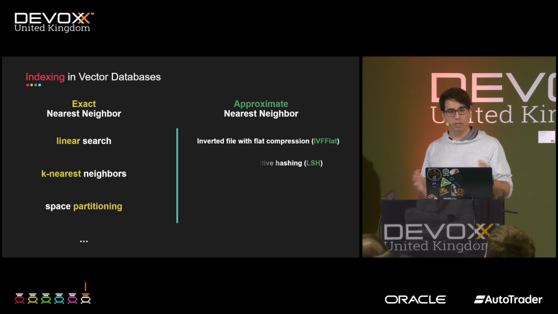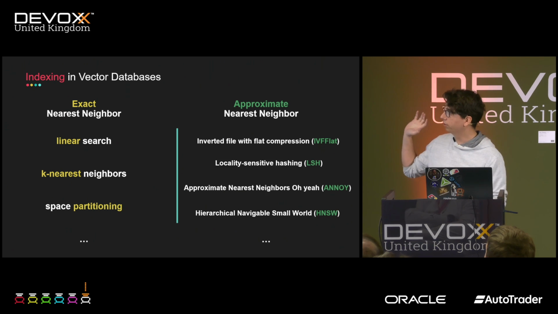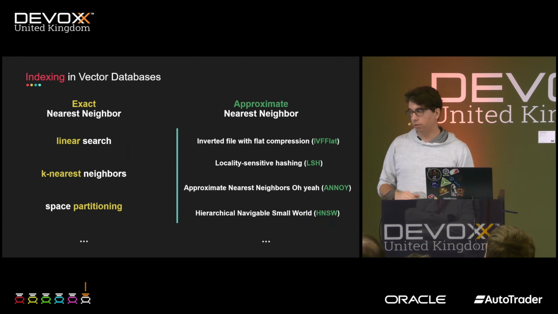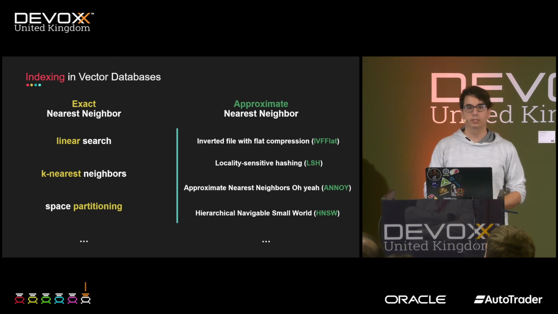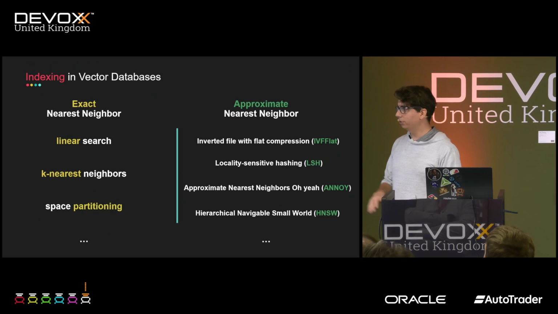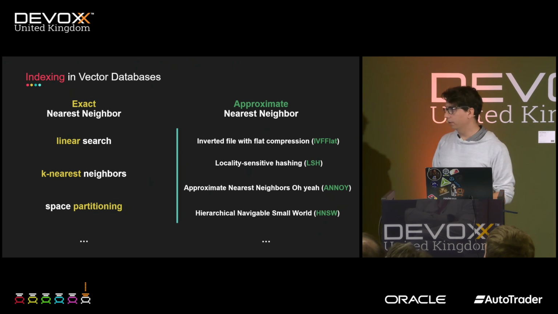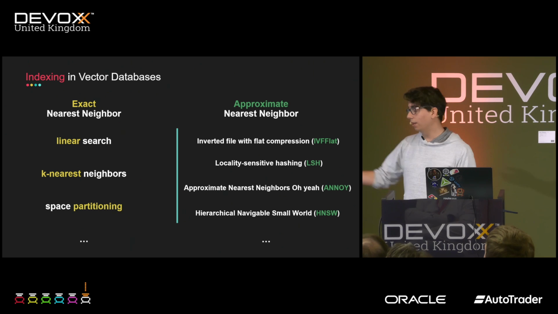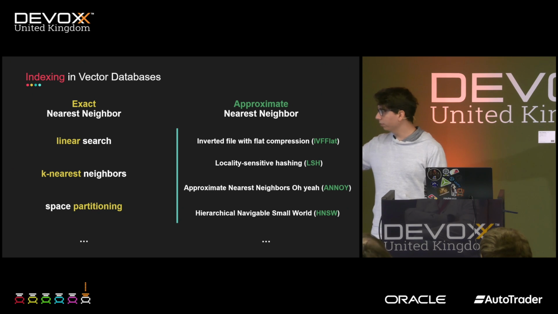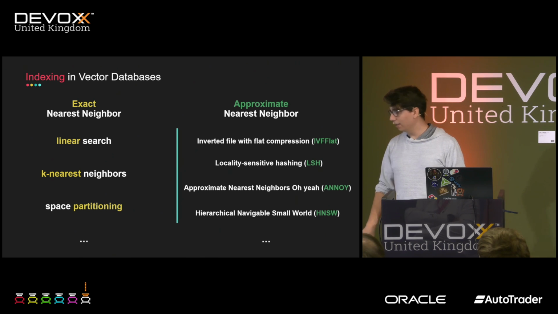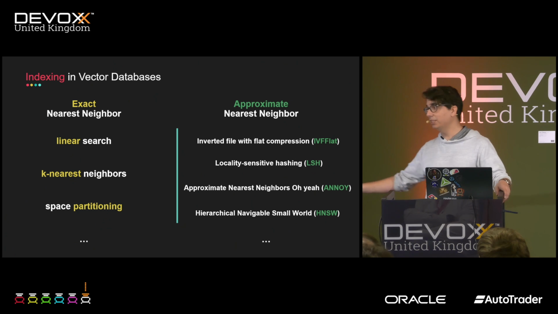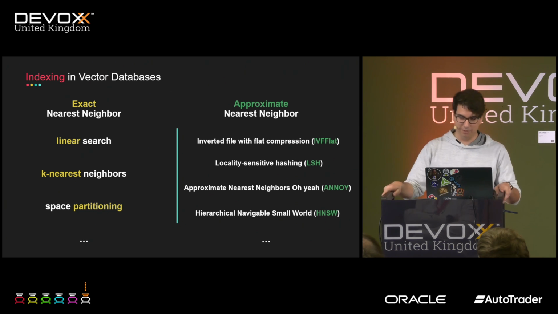OK, so when it comes to indexing in vector databases, we have all kinds of algorithms. Linear search, of course: you put something in, and it linearly searches through all other entries in the database to index it. As you can imagine, it doesn't scale very well. K nearest neighbors is quite a popular algorithm, of course. Shout out to Spotify for Approximate Nearest Neighbors. Oh yeah, love the naming. And its follow-up called Voyager. And then my favorite is Hierarchical Navigable Small Worlds. I would never have imagined I would have a favorite algorithm, but here we are.